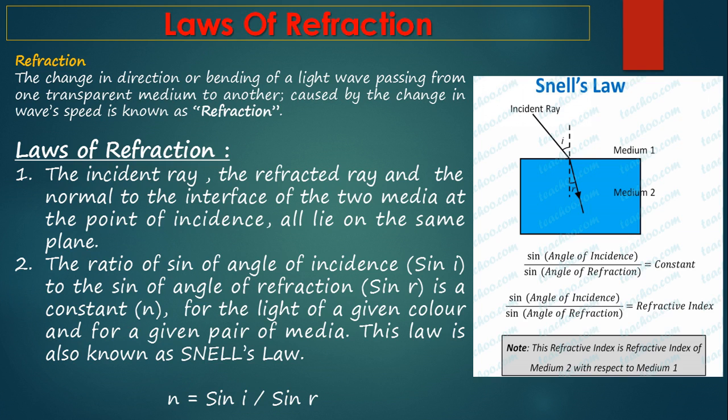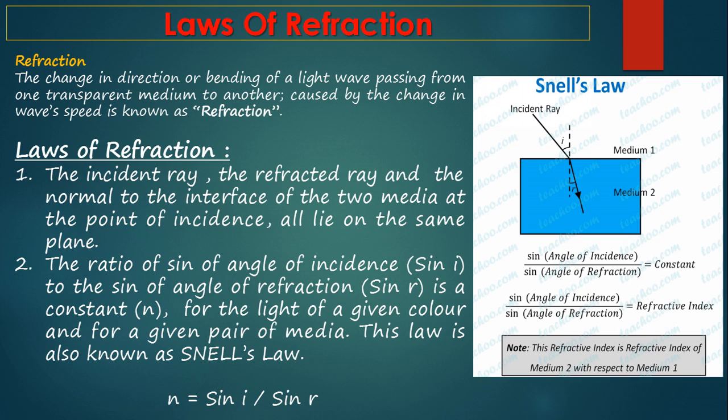Now, what is refraction? We have already talked about it, but let us have a brief recap. Refraction is the change in the direction or bending of a light wave when it passes from one optical medium to another at an oblique angle. Why is there this bending of light, or change in the direction of light? Because when light passes from one optical medium into another, there is a change in the speed of light. Because of this change in speed, there is deviation in the path of light, and this phenomenon is referred to as refraction.